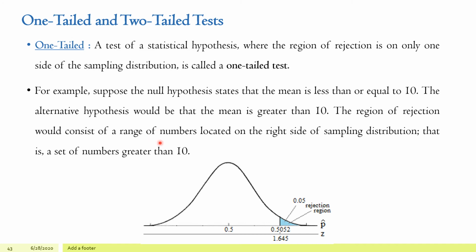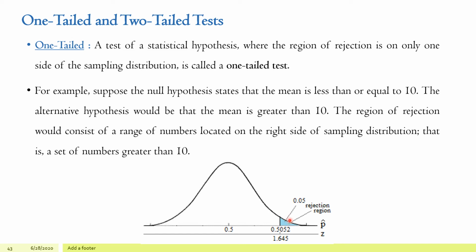Okay, I will give one more example. For example, you have invented a new drug to decrease the blood pressure. I am repeating, you have invented a new drug which will decrease the blood pressure. For example, my blood pressure is 140. I am talking about systolic blood pressure. After taking your tablet, it may reduce to 120. So I am considering only the decreasing one, 140 to 120. It will decrease. So that is one-sided.